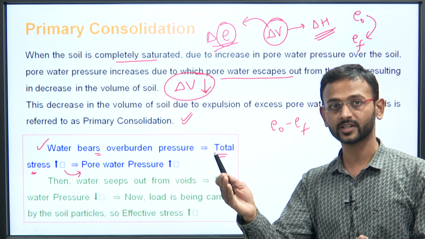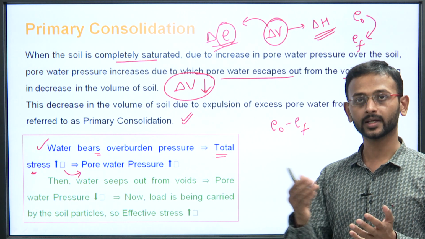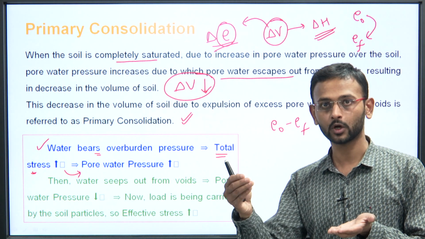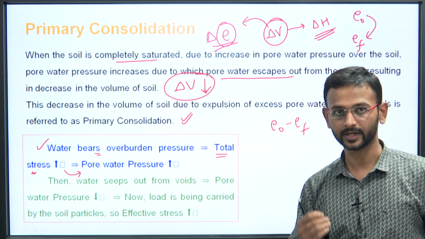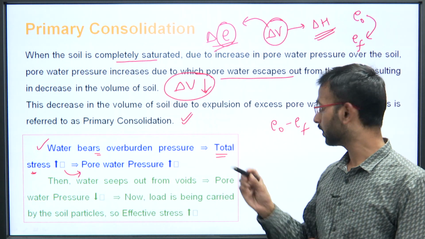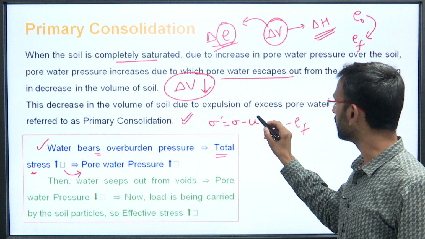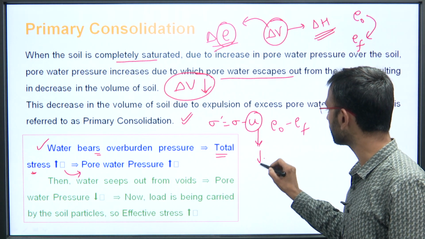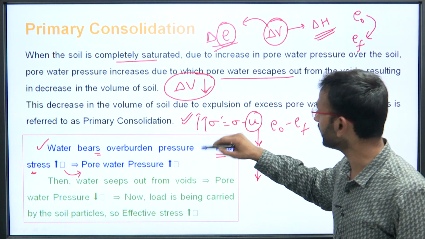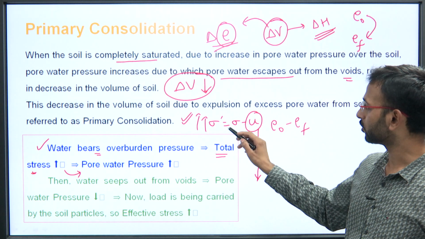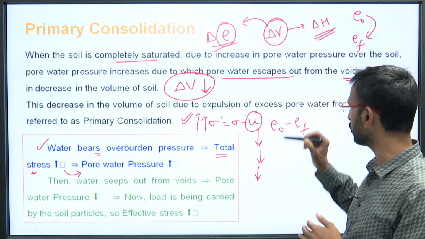So what happens in the later stage is, with the passage of time, the water seeps out from the voids, and when the water is moving out, the pore water pressure which was earlier being exerted will be getting reduced now. Because effective stress, as you already know, is total stress minus U, with time this U gets decreased, and when U gets decreased, the effective stress will be getting mobilized. The total stress is one and the same throughout; its value is the same.